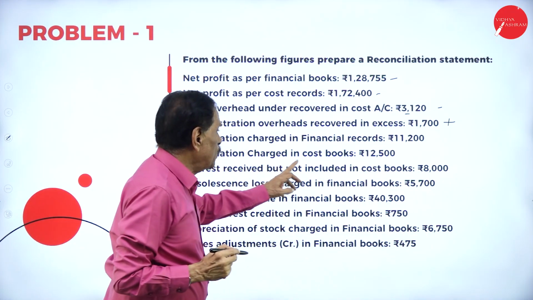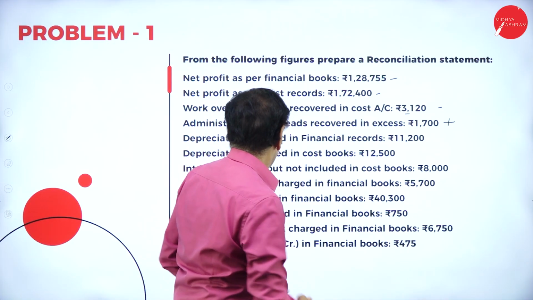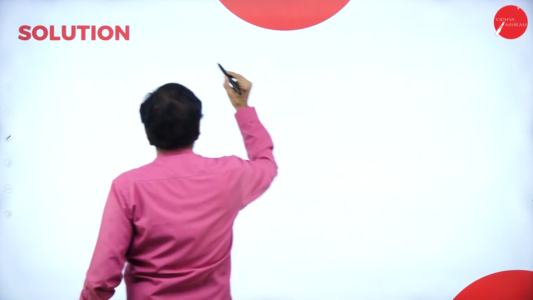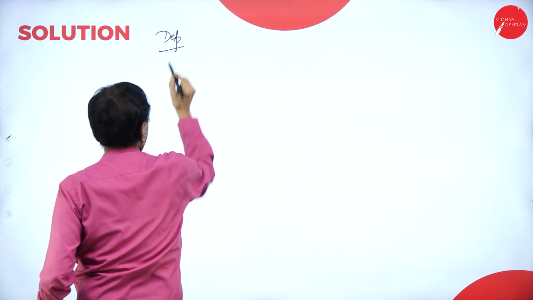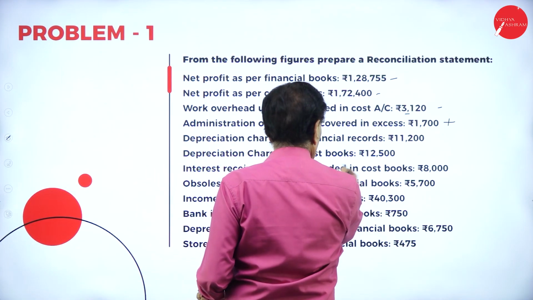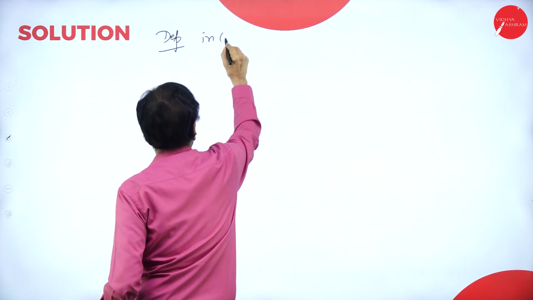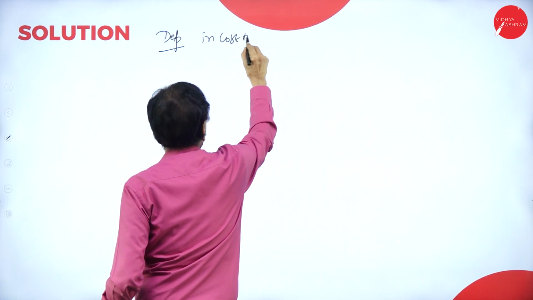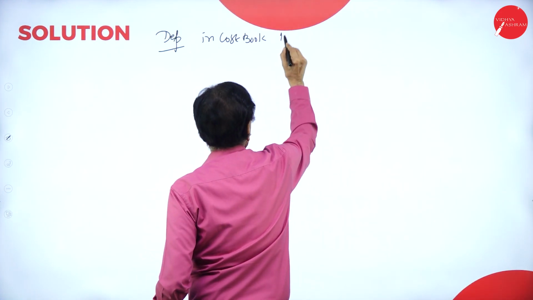Then depreciation charge in financial record, 11,200. Depreciation charge in cost book. Come back here. Charge in the cost book, in cost book, it is 12,500